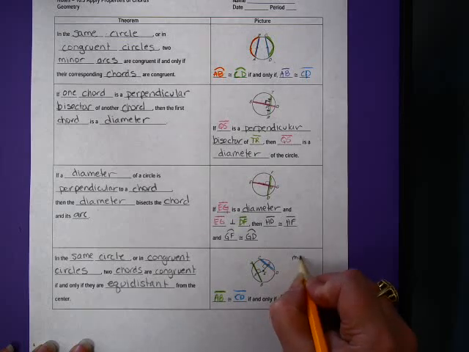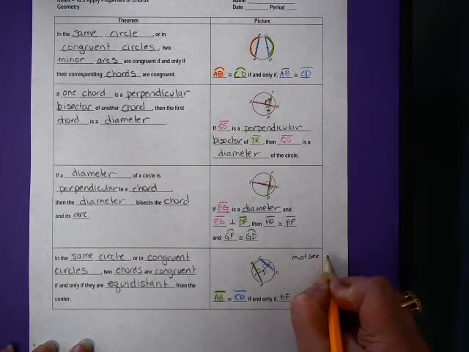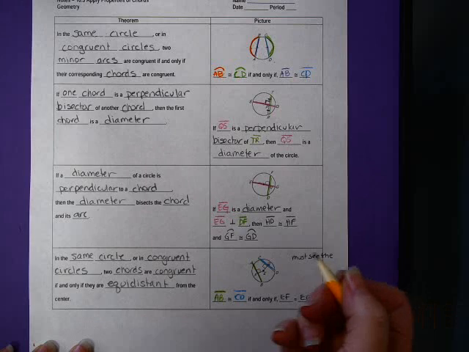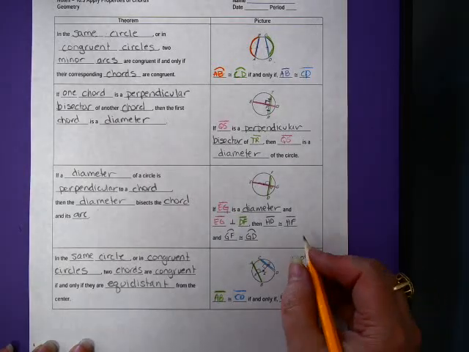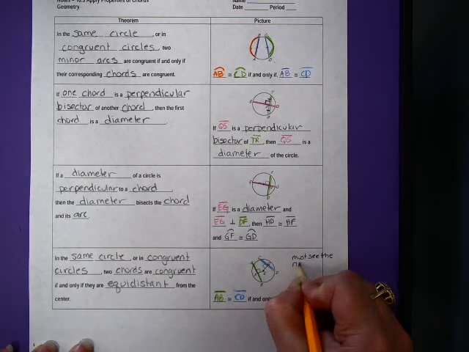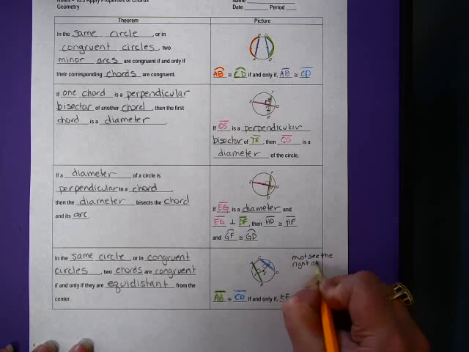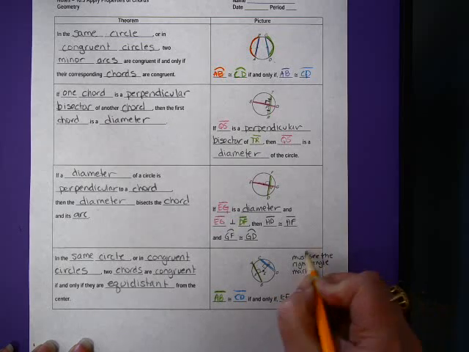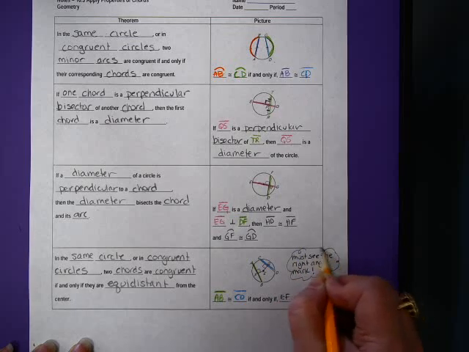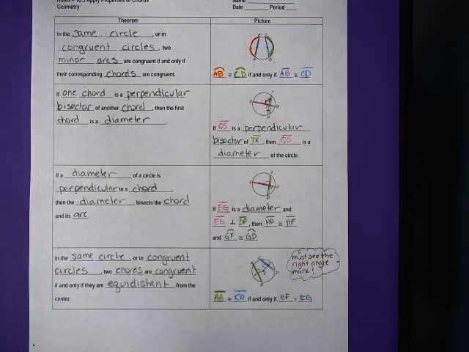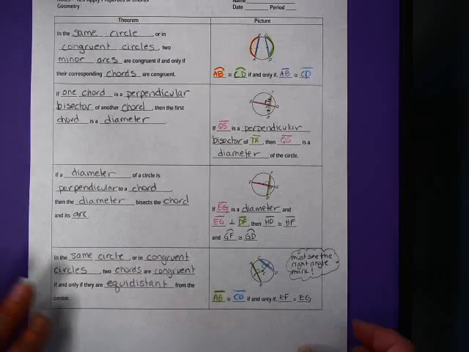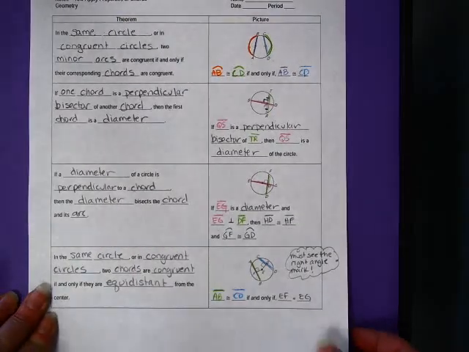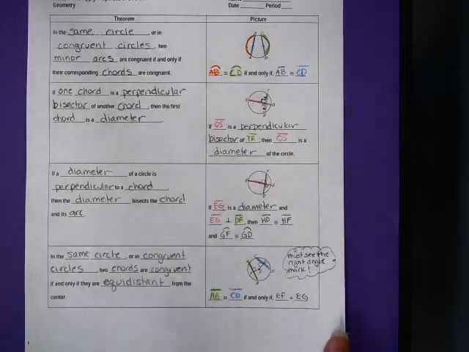So you must see that right angle mark there. Otherwise, you can't determine whether or not it is equidistant. Okay, next